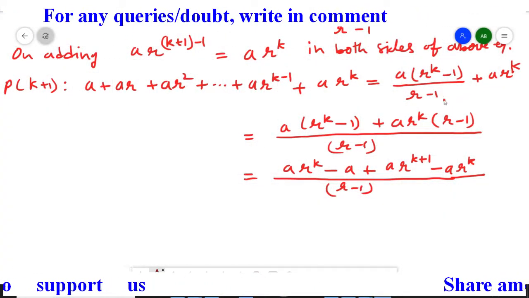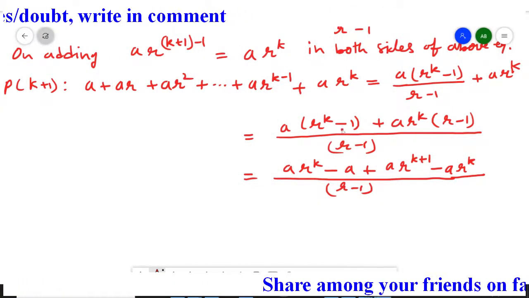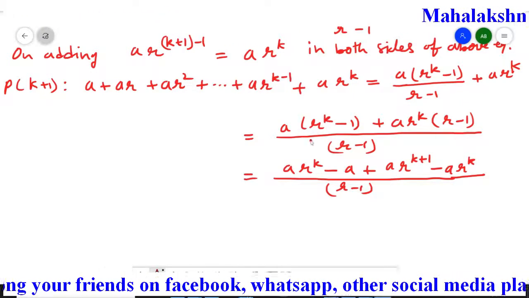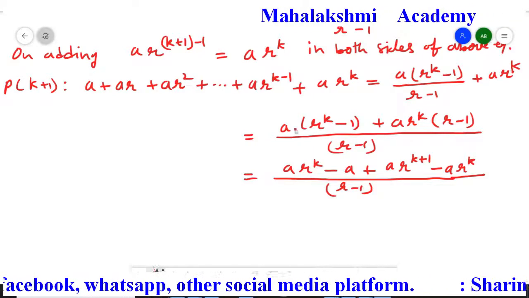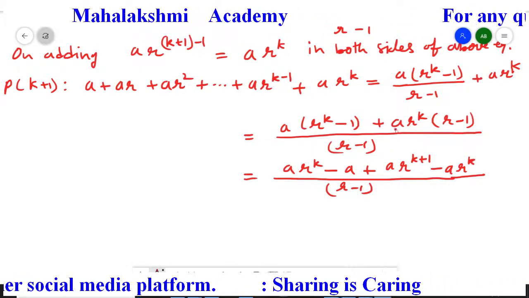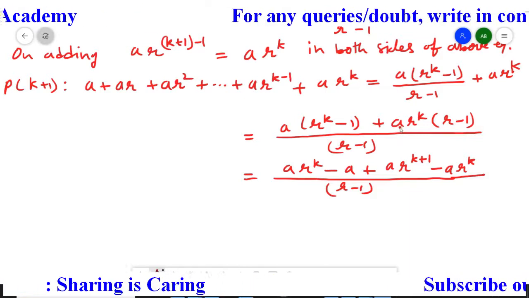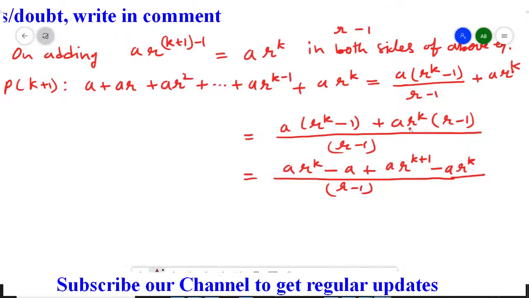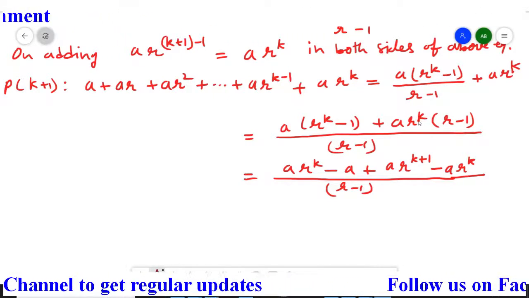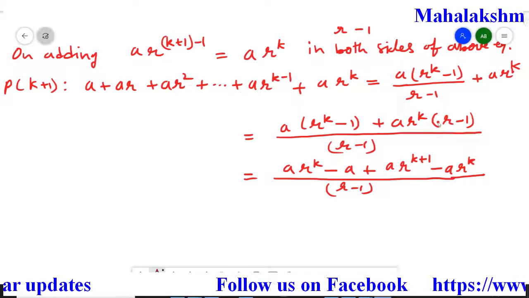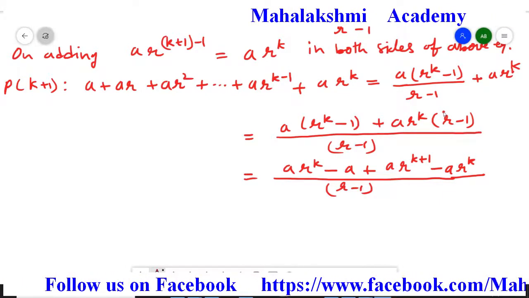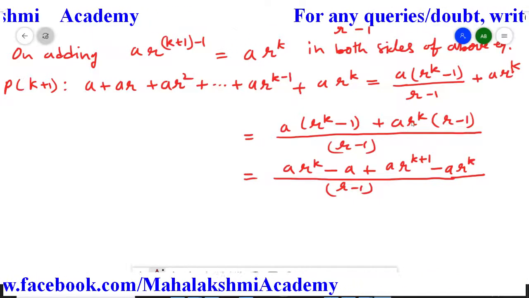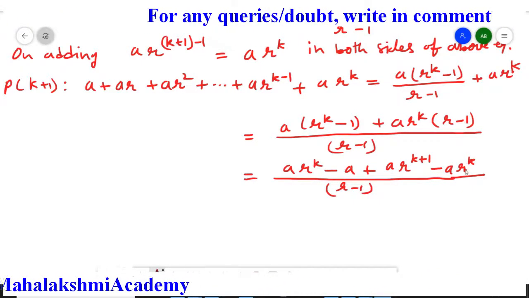First I took the LCM, so I obtained this term. Now here we have to open this bracket, so this a will multiply by r to the power k, so we will get a multiplied by r to the power k, then a multiplied by 1 is a. In the same way we will open here. When we will open, this a multiplied by r to the power k will multiply by r. Now here the base is same, so powers will add. Here the power is k and here power is 1. So when we multiply these two terms, power will get added, so we will get here k plus 1. Now this a multiplied by r to the power k will multiply by 1, so we will get this.